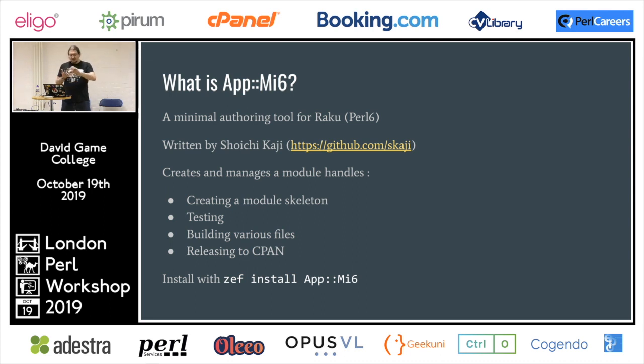and it handles everything you need to be able to create a module, test it, build it, including building. If you've got C code for it, there's stuff in there to be able to run a builder that will compile your C code, and then releasing it to CPAN. Which is really good. You can also build a distribution tarball,